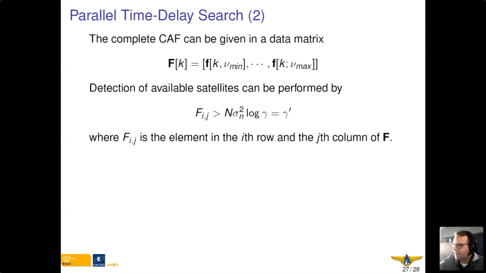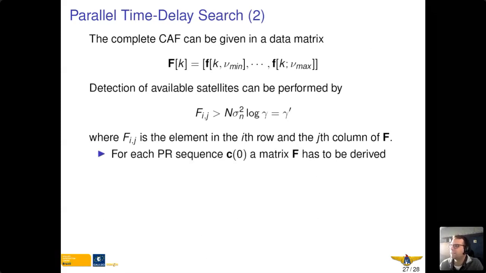We can then probe all the entries of this matrix against our threshold from the detection problem. One column of the matrix is one Doppler bin, and in the rows we have the time delay estimates with respect to the resolution of the sampling frequency. So F_ij is an element of the matrix F, and we have to probe all the elements of this matrix F